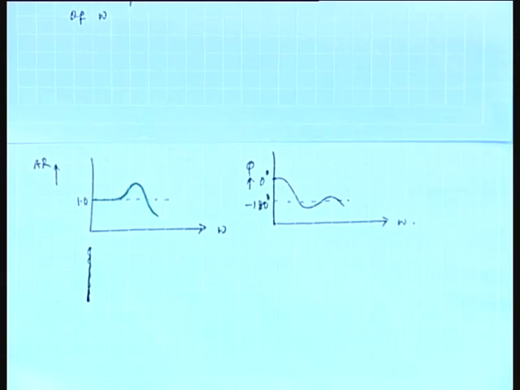Fine. So, it is very clear that the amplitude ratio and phi do not decrease monotonically with the increase of omega,